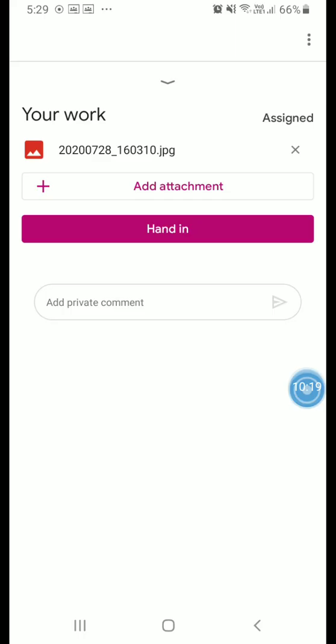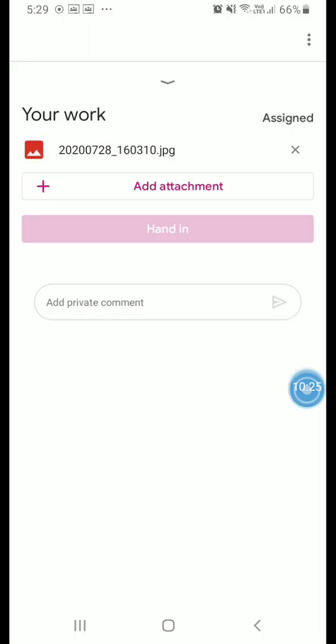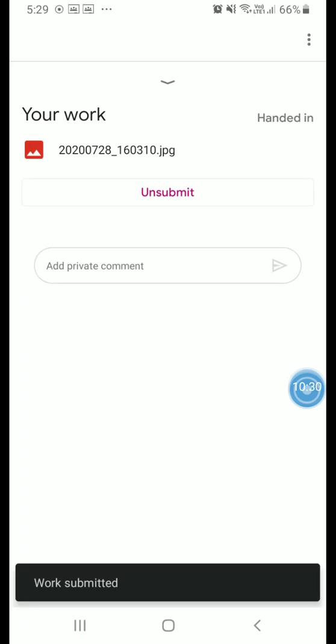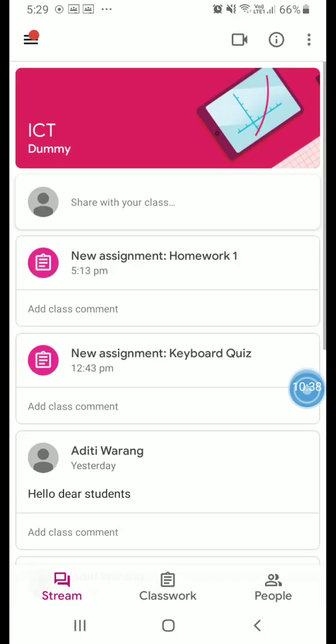Okay, similarly your notes will be there, so instead of this file, and then click on hand in, so your work will be submitted to the teacher. So it can be a drawing, it can be your notes, so in that case you need to take a photo, it will be automatically saved in your mobile, and that you need to attach over here. Then one more option, we have seen the assignment of different types like a JPG file, a Google document, a PDF file, or a homework.